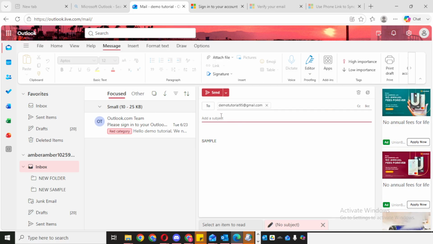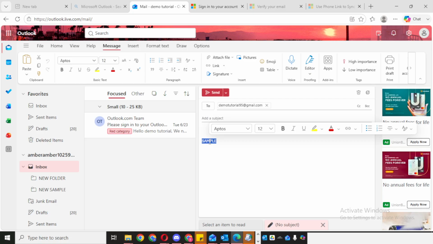Next, move down into the main body of the email and type the text you want to include. At this point, instead of pasting a long, messy URL directly into the message, type a short phrase that you want people to click on. This could be something simple and clear, like click here, view the document, or visit the website. Using descriptive text is usually better because it tells the reader exactly where the link will take them.